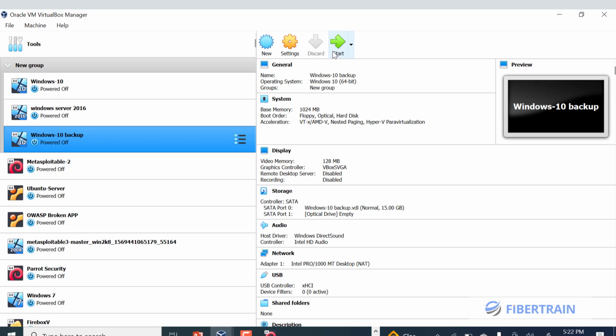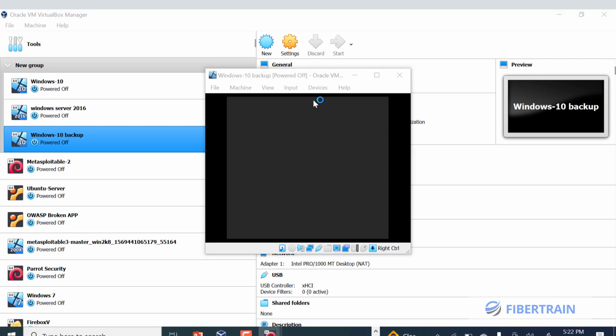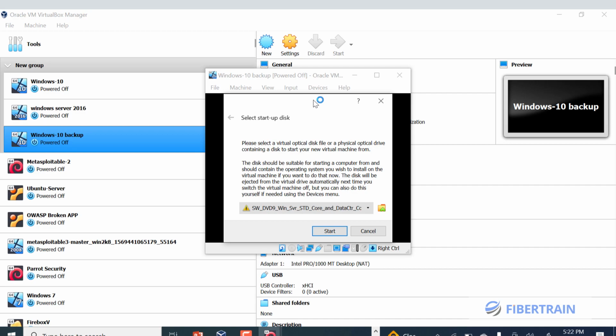So we're going to click on Start to power it on, and we'll wait for the window to come up where we finalize the installation of the machine. Okay, so that's how to create a Windows machine on this VirtualBox environment. But if you are creating Parrot, Kali Linux, as well as OWASP, you necessarily don't need to do it this way. You might want to, but if you have virtual images, which is the type of images we downloaded, you just need to make an import. Just double click on those files and import them into the VirtualBox,